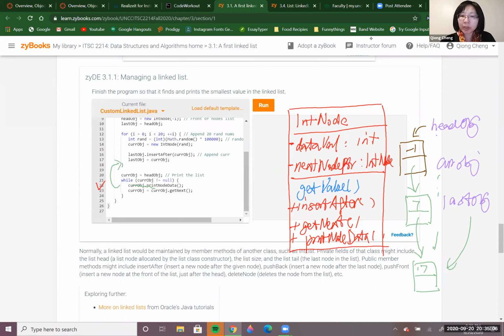And go to this looping and print this one, get the next one, right? And here the current object is null. So this is print the whole linked list. Then the previous for loop is create this linked list, right? Good. Now we need to think about how can we write the code